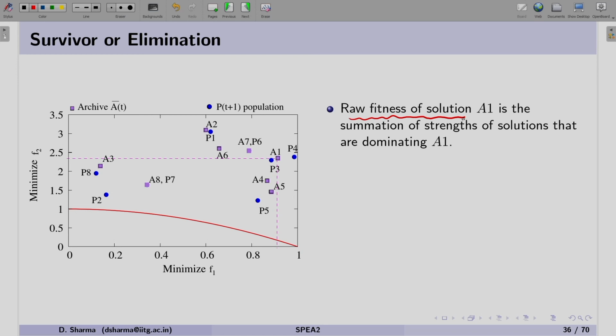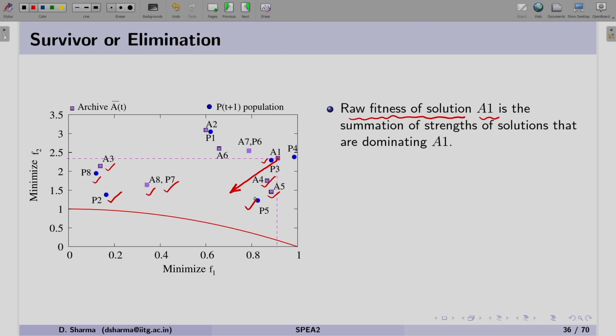If we take solution A1, since it is a two-objective minimization problem, and we look into the third quadrant with respect to A1, the solutions lying in the third quadrant are A3, P8, P2, A8, P7, similarly P3, A4, A5 and P5.